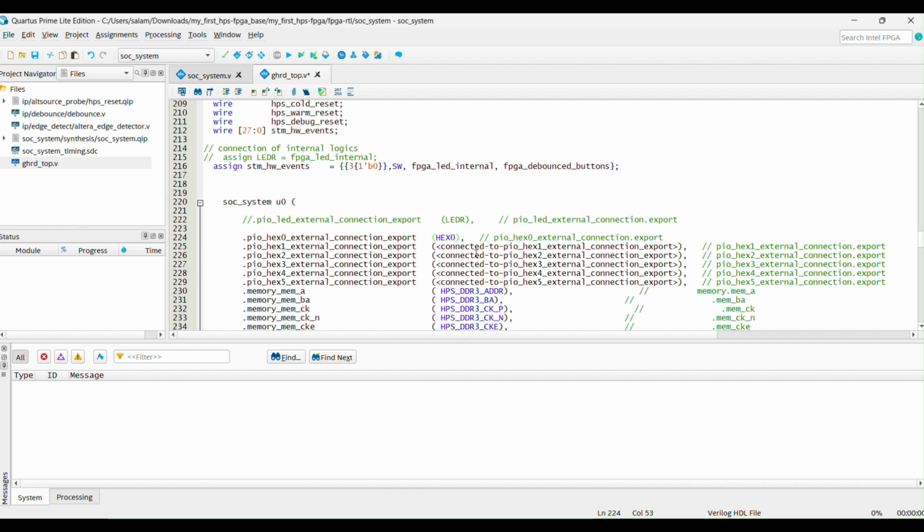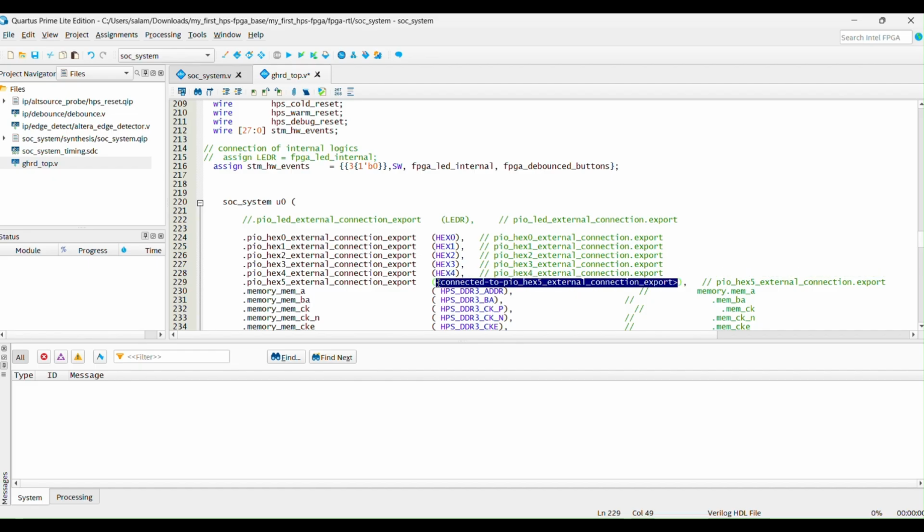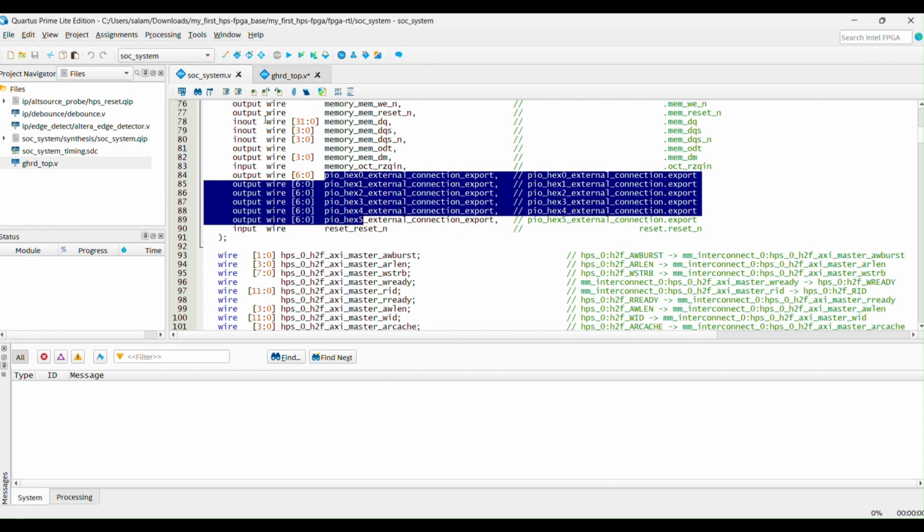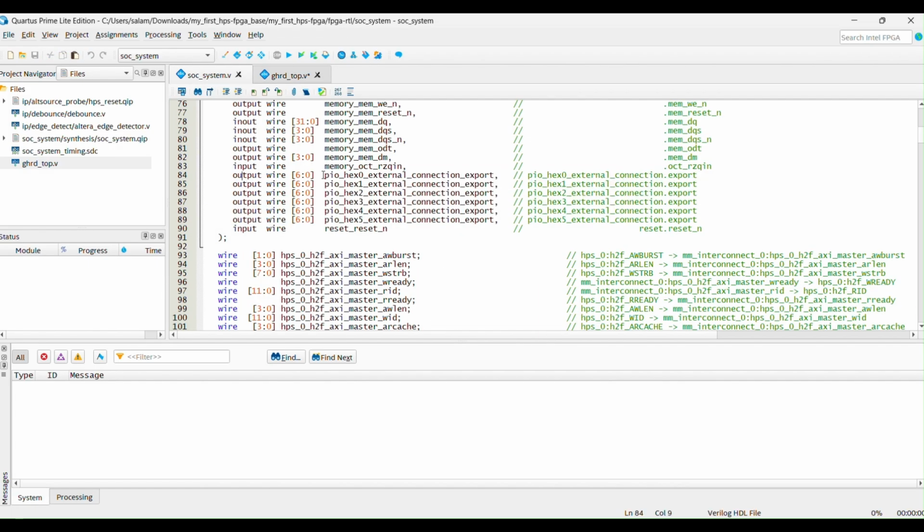X0, X1, X2, X3, X4, and X5. Okay, so right now we are in a good shape because we have here all the outputs for 0, 1, 2, 3, 4, 5. Okay, good. So I'm gonna save these changes here,